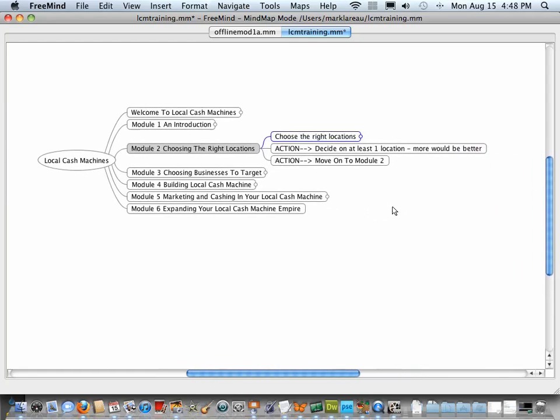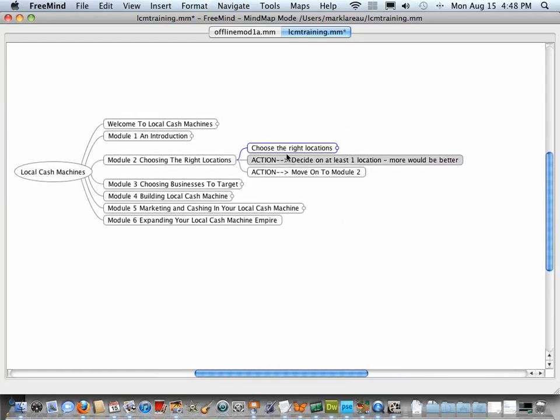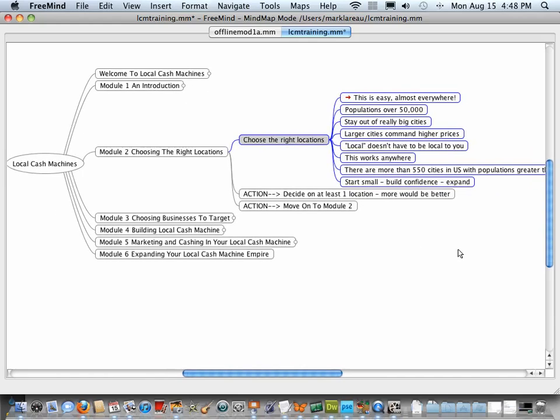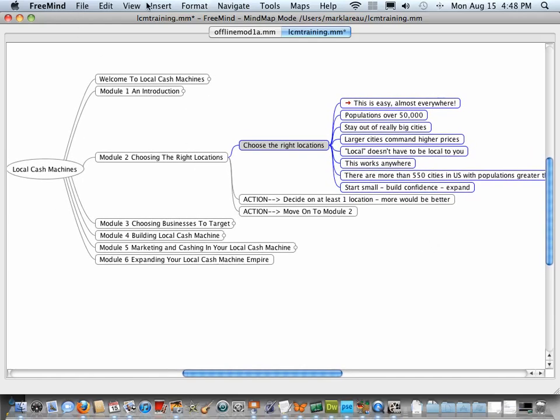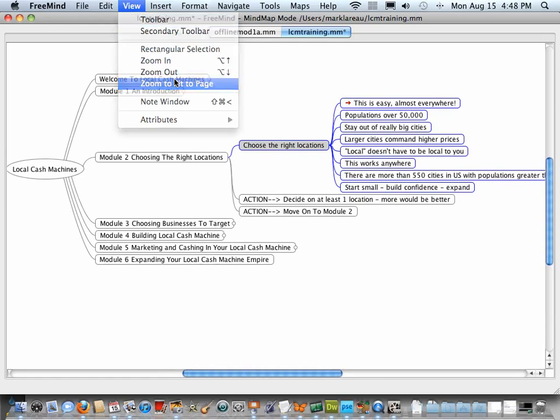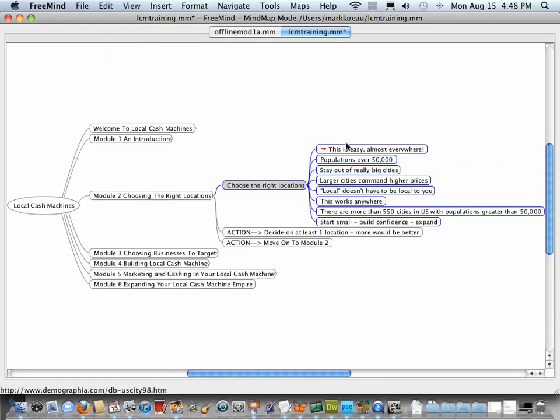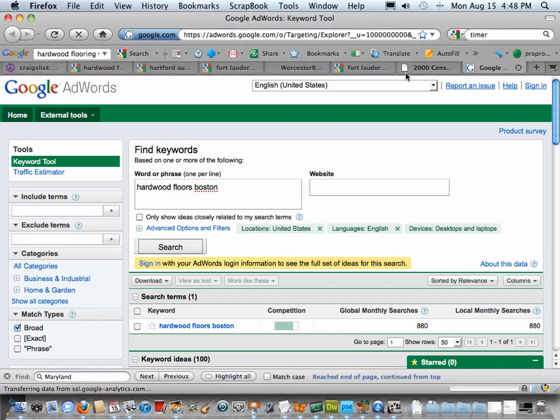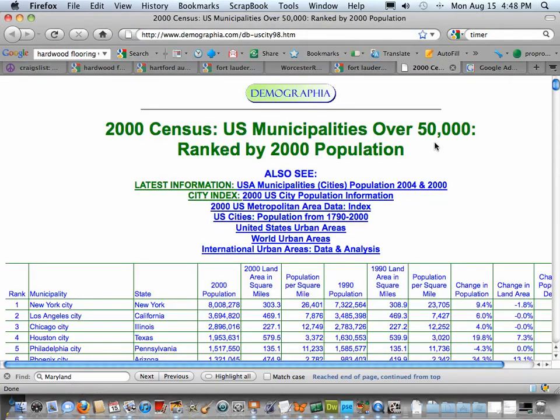What we're going to go over now is choosing the right locations. This really is super easy. The reason I say that it's super easy is because it works almost everywhere. So let's actually take a look at this page that I absolutely love. This page right here,